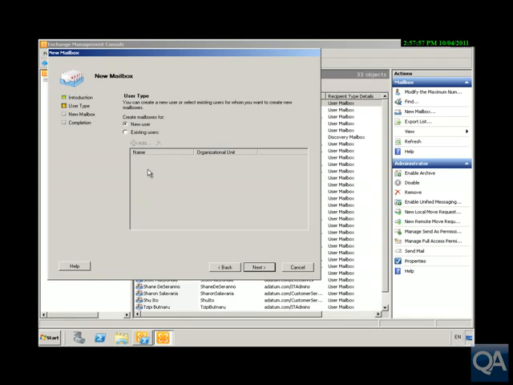We'll click next. We're going to create a new user, but we could have added in Daniel at this point. We could have taken an existing user from Active Directory Users and Computers and added it in from this point. However, we are going to create a new user,